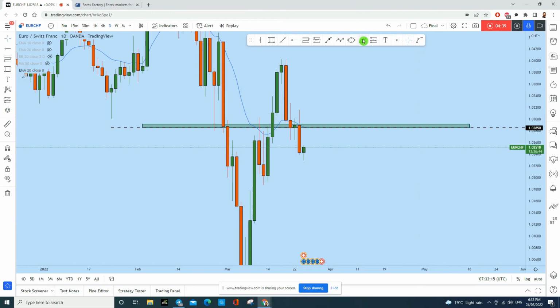So why is it an area of value? Because you see that first of all, there is a 20 period moving average, and also there are back to back three candles opening and closing, and the price has created a doji here. So the area of value is found, and it is highly likely that the price will go there to test, as there is a high impact news release